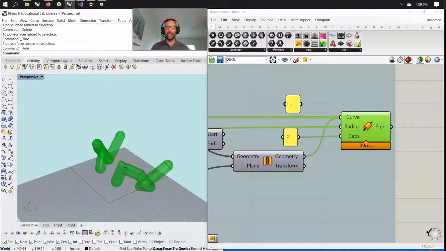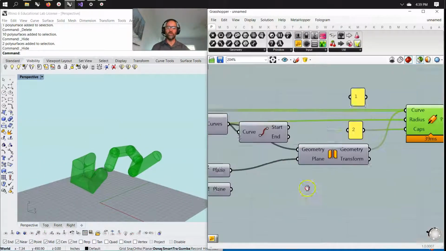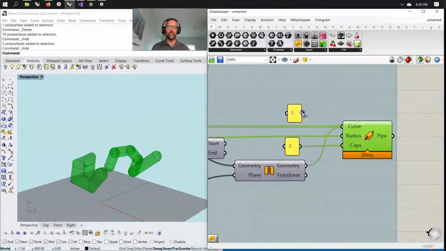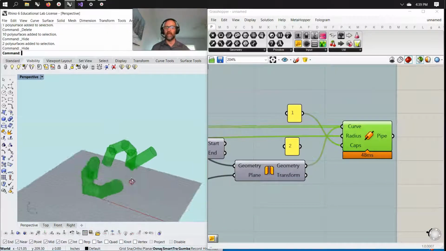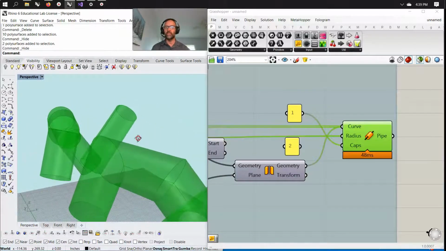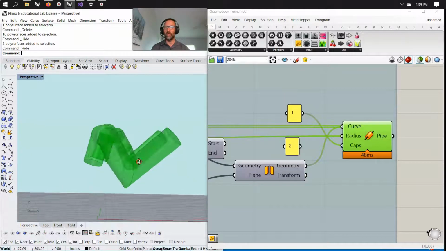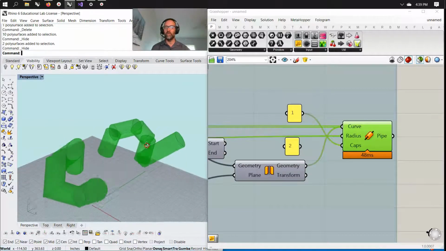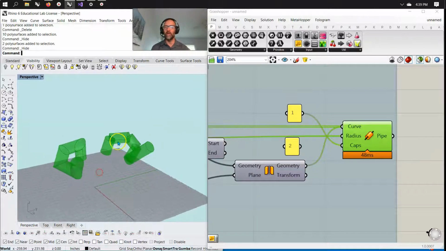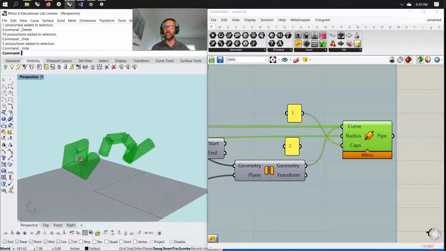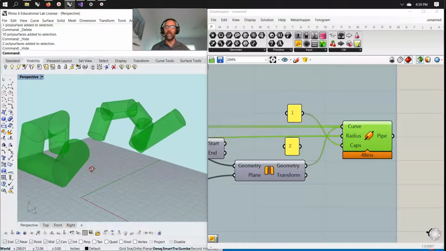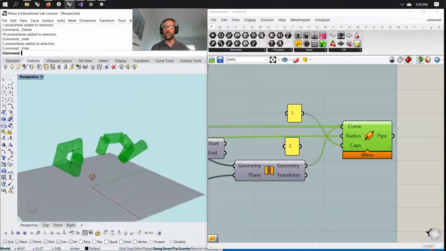We can go back in and deal with these ghosted forms as a script, and we can start to understand what's happening. And here's a little playful thing, change from rounded caps over to flat caps. As simple as changing the data, and you see we get a different kind of structure of these cylinders coming together. One that's reacted well by joining over here, and one that stayed as loose pipes. And I think this is very interesting how the script runs, which shows you how pipes can be used to generate it loosely, but actually the pipes and cuts that you actually put it into the welds to figure out how this works. And we'll break it down and analyze this maybe in a future script, but I'm going to